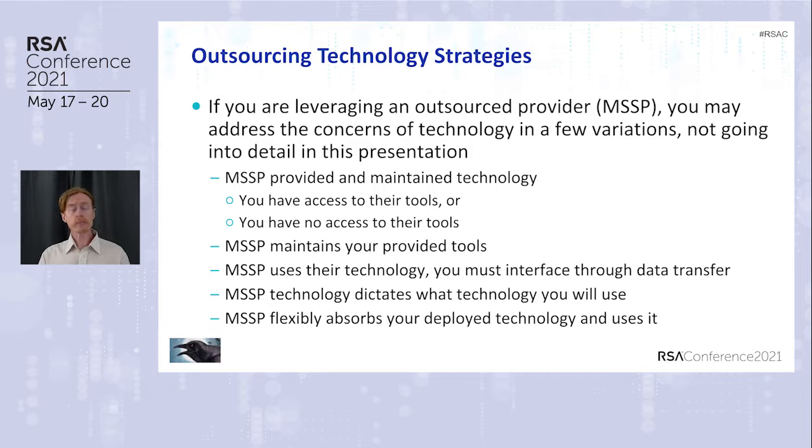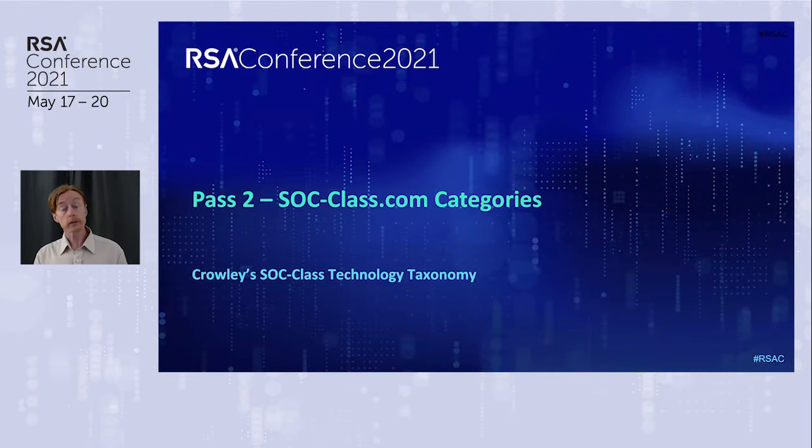The short story is maybe you have technology that you really like and you're looking for a security provider. And part of the request that you make to those security providers is, we use this SIEM, you need to be able to use it too. We're going to have this on-premises SIEM and you're going to monitor those things. Maybe you're out shopping for a service provider and they are able to specify the technology that they want to use, and then you'll implement that in your environment. So you have to decide what the right approach is for you in that context.